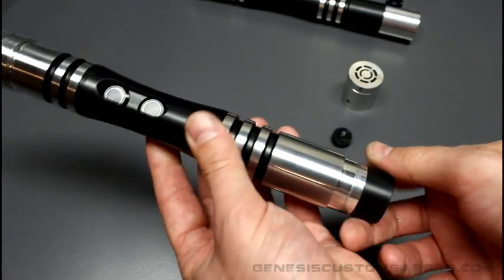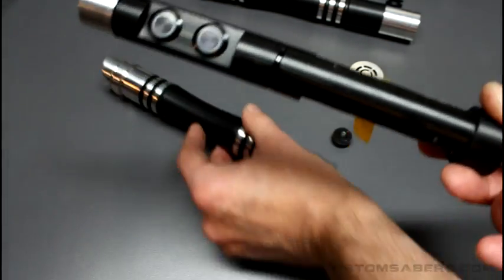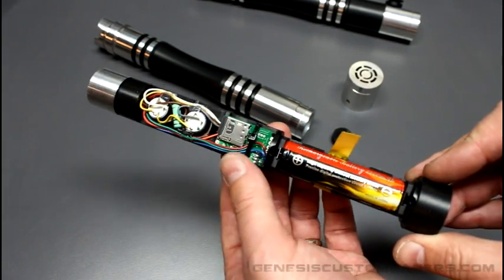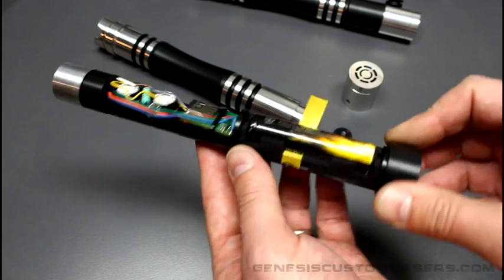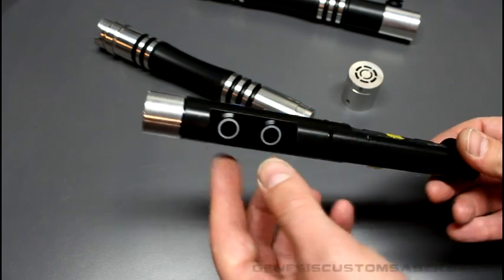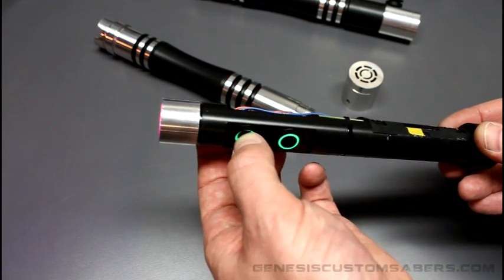You can see that you've got the inside core of the saber. Carefully slides right out. Now when it's in the saber, it's very durable. When it's exposed like this, you can see all the wires and you can get access to all the innards. It's just a clean and easy way to build and assemble the sabers. Of course, it will function outside of the saber. You can turn it on and test it, but